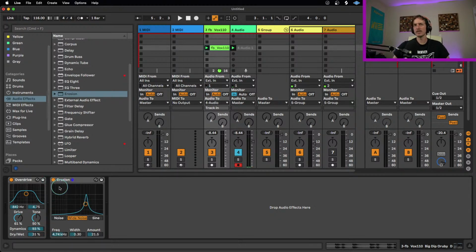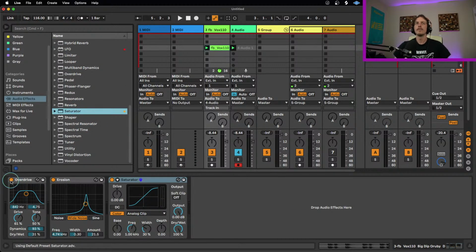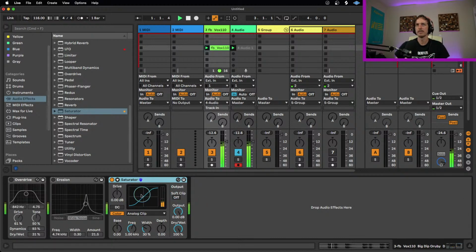And then Marcus has mentioned saturator on vocals. Absolutely, saturator on literally everything. Not literally everything, but figuratively everything. In fact, again, if you're going to go for more subtle vocals, you just want to bring them out a little bit, turn up the drive a little bit. I've talked about saturator, I think, before on stream and in videos, but